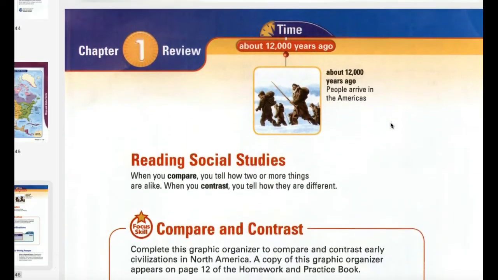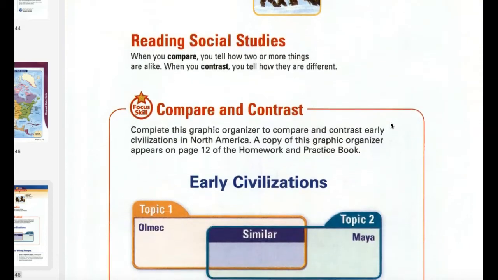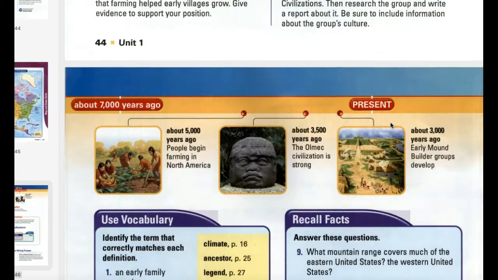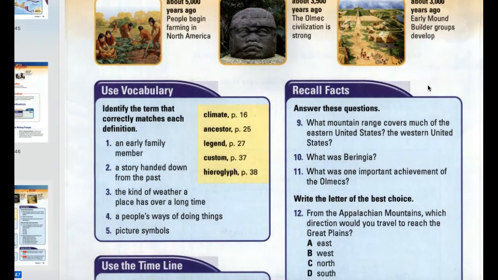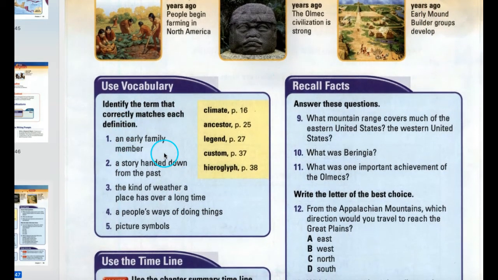And let's review Chapter 1. About 5,000 years ago, people began farming in North America. About 3,500 years ago, the Olmec civilization is strong. About 3,000 years ago, the early mound builder groups developed. Vocabulary to know.